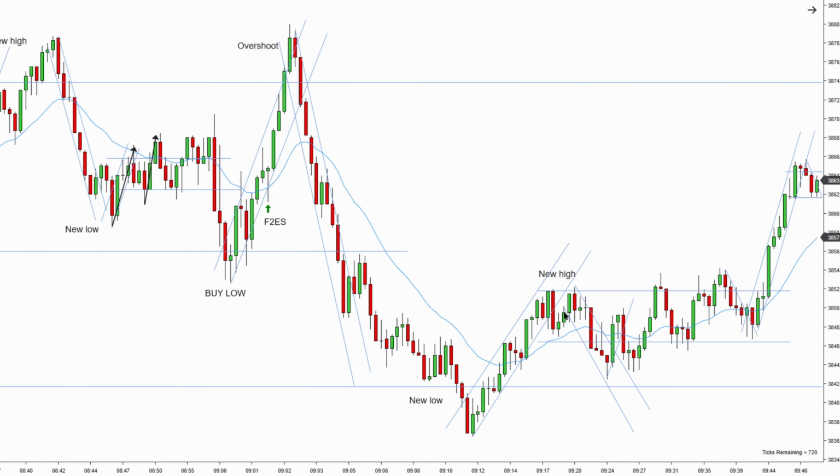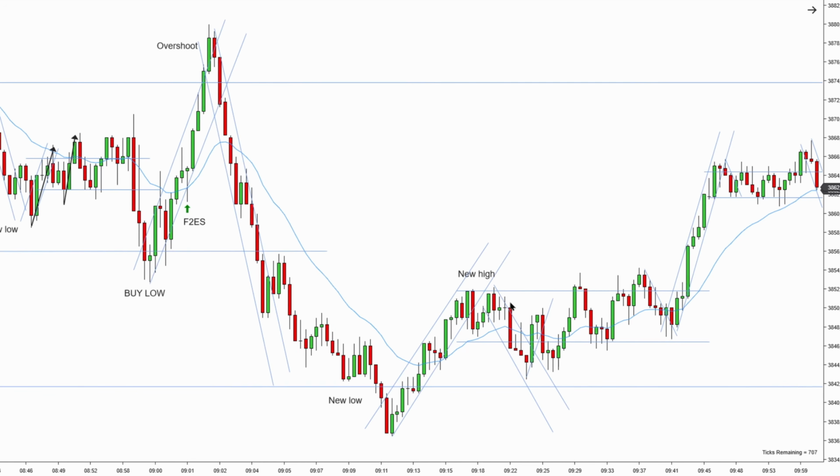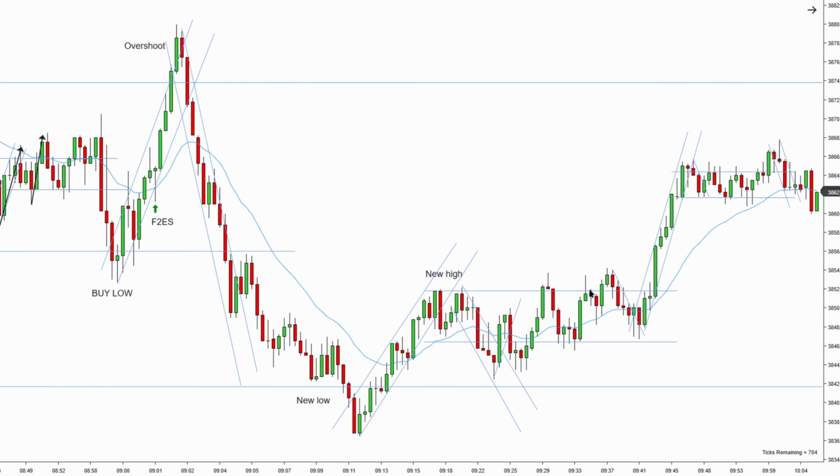There is, let's say, continuation of the failed second entry short, which worked for a scalp, not a bad setup, but single bar is a little bit neutral and you're not fully touching the EMA just yet. I was expecting second entry long, never formed because market already created new high, and now it got confusing again. Because downtrend has a break new low, uptrend has a break new high, there is some small resistance forming,